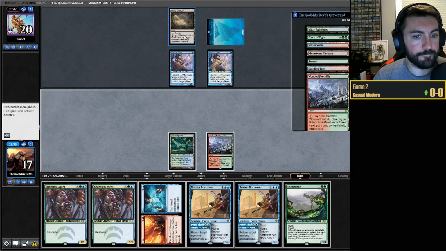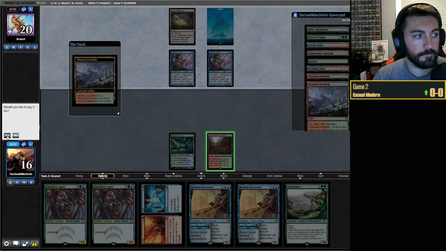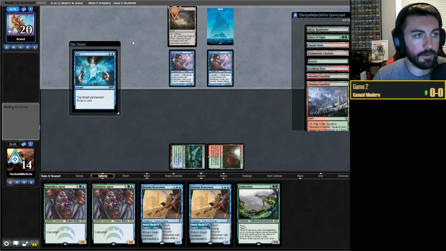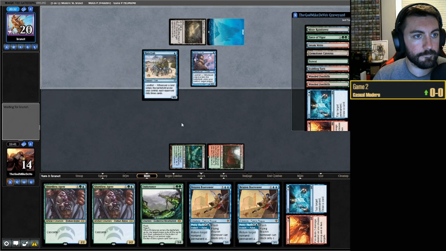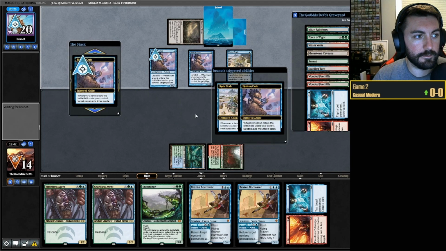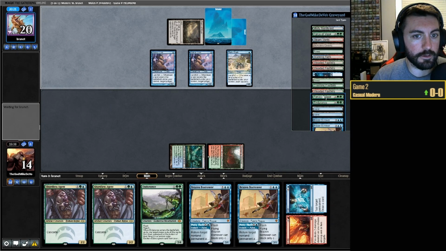So we can actually ice this. I'm gonna ice this now, because I don't feel like we can temper them and then they can't Field of Ruin us. Another crab. So we boarded out all our Furies, so that's not good against their crab draw. But when they go to surgical something here...